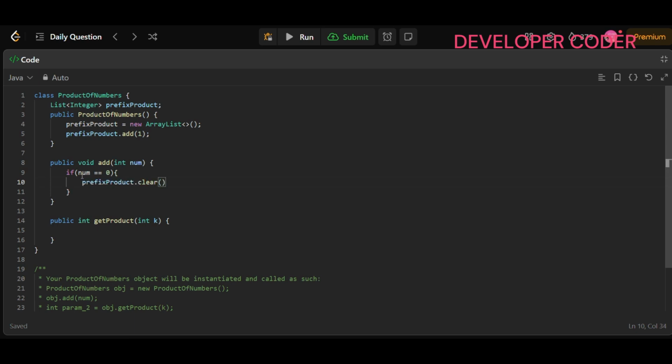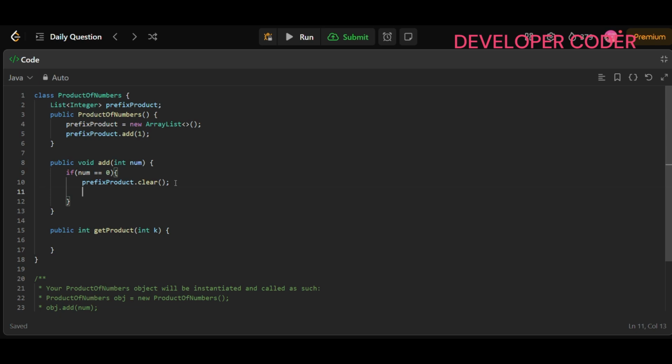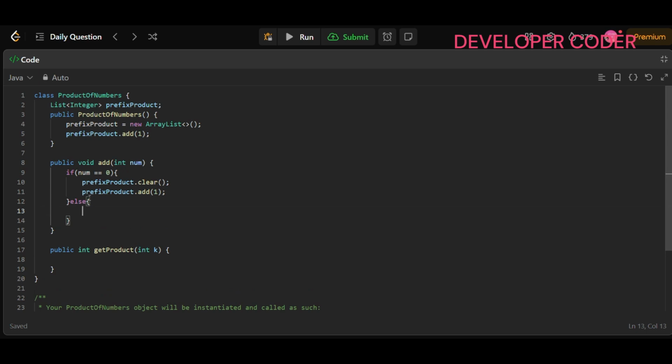Just clear it, and after that you have to add 1 to the prefix product, dot add 1. In the else part, if the number is not equal to 0, you have to simply do the multiplication and append the new product to the prefix product list. So prefix product dot add